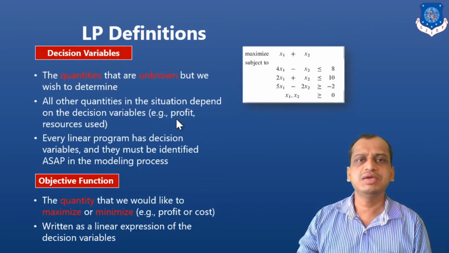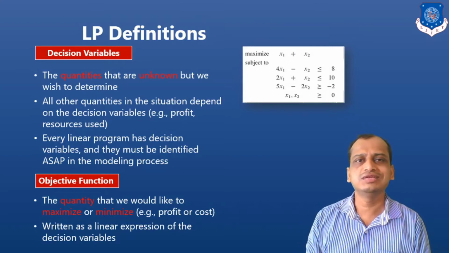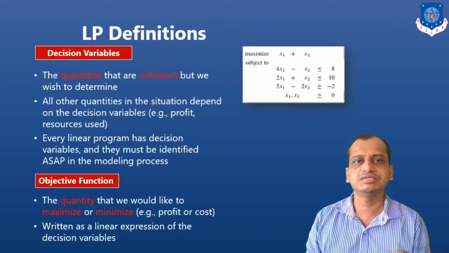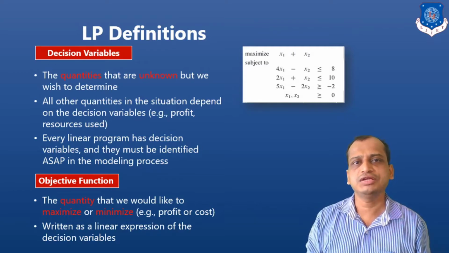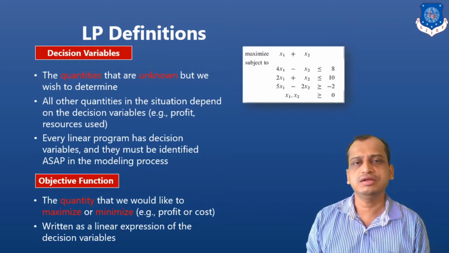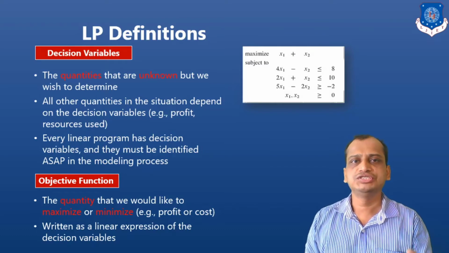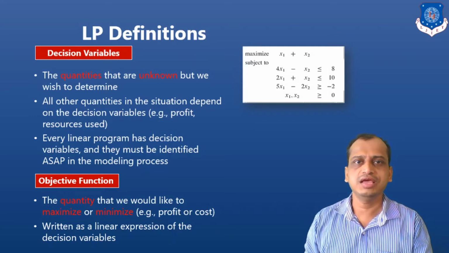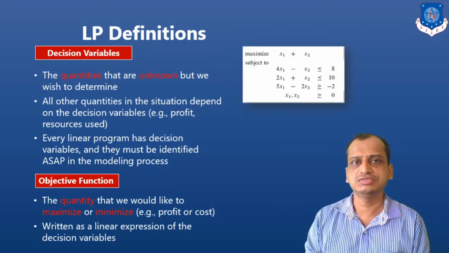Now let's look into some of the basic definitions related to linear programs. First of all is the decision variable. It is the amount which is decided by the company that should be increased or decreased based upon their objective, right? Let's say for example, the company is manufacturing chairs and tables. The number of chairs and tables may be the decision variables, because by increasing the manufacturing of chairs and tables, the company can maximize their profit, right? By decreasing, they can adjust with the profit, or whatever the surplus stock is there.